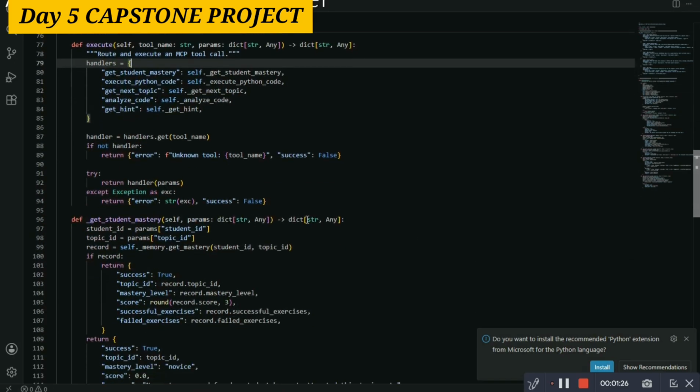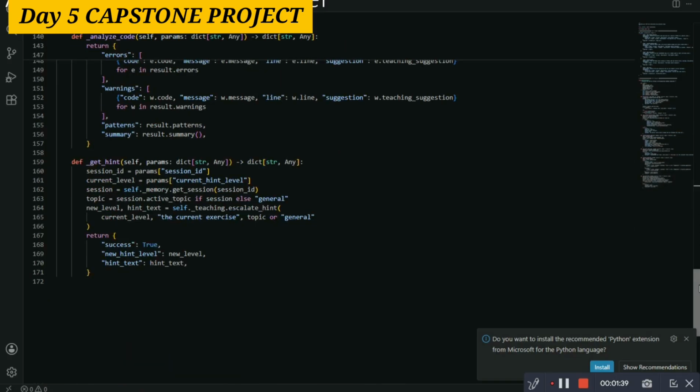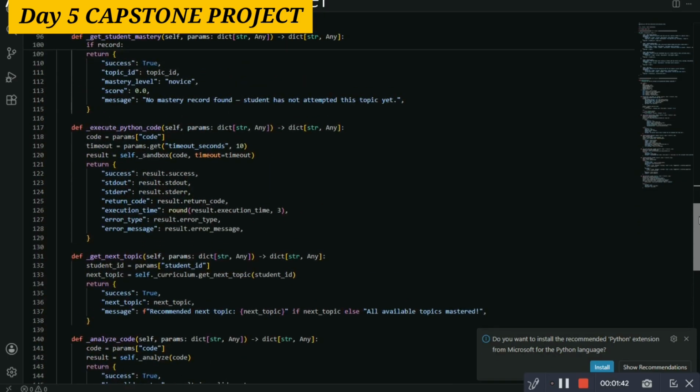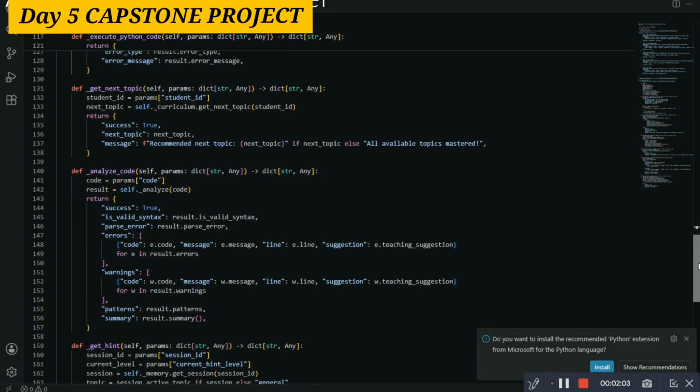Name like get students mastery directly to the internal Python method that handles the logic, safely catching any error along the way. And moving to the next, you can see finally here where the magic happens in the execute Python code method. It extracts the code provided by the AI and passes it directly through the self sandbox. The result, including standard output or any error, is then packaged up and sent right back to the